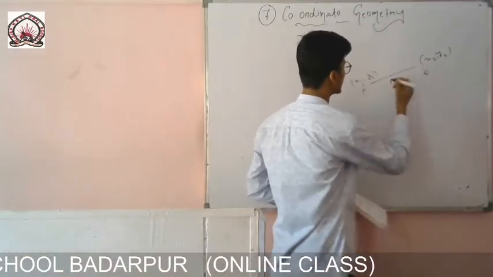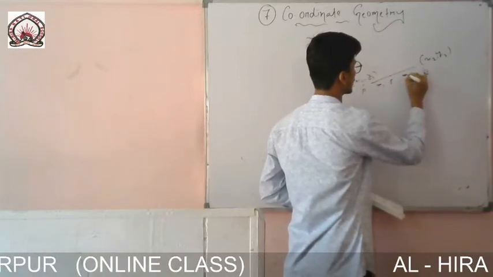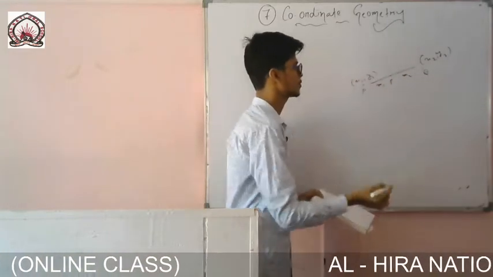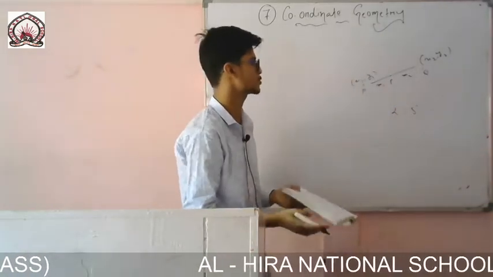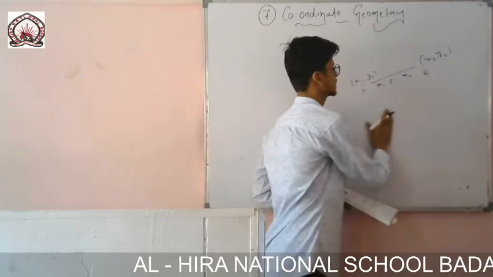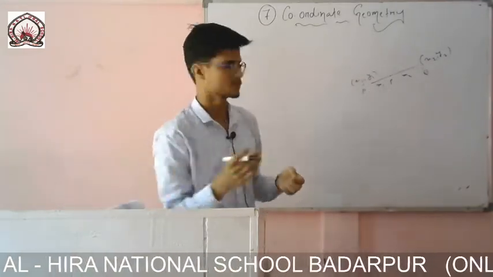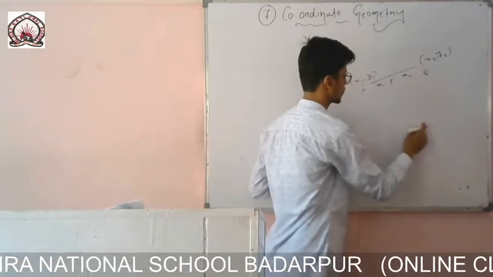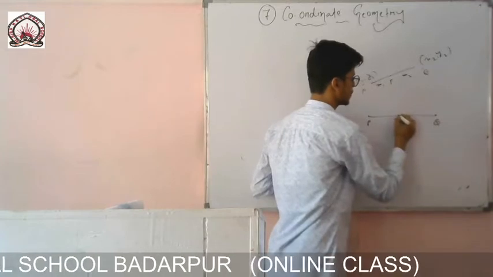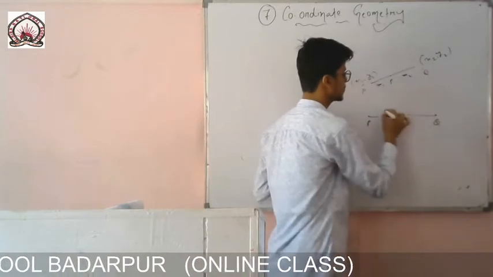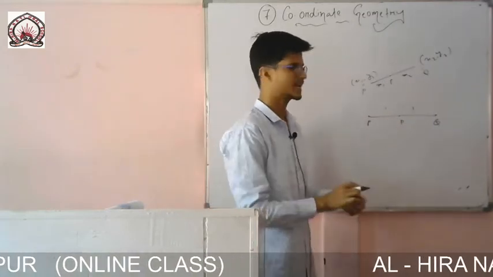Say this point P divides the line in a ratio m1 is to m2. That means it could be 5 is to 2, or you can write 1 is to 2, it's up to you. So a ratio is given and the line is not divided equally. In the earlier exercise we did some points that were equidistant from one another. For example, a line was given like this, P and Q, and one point was in the middle. Middle means it was in the ratio 1 is to 1.